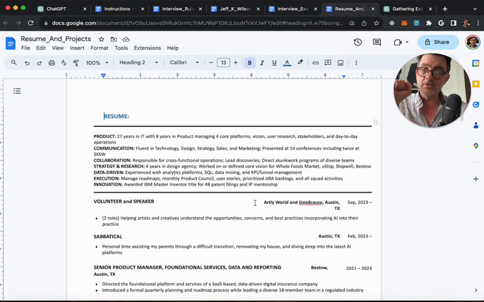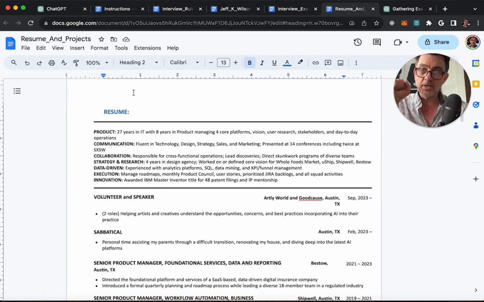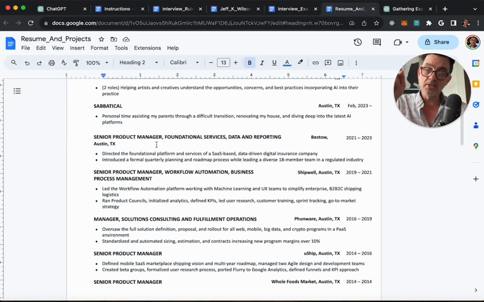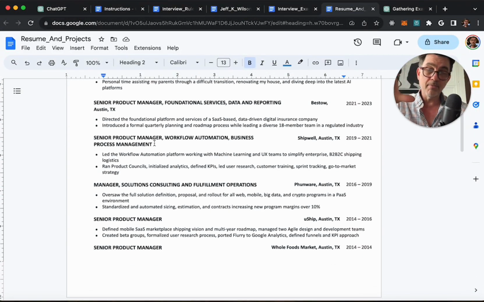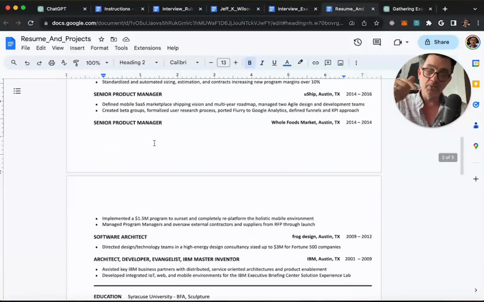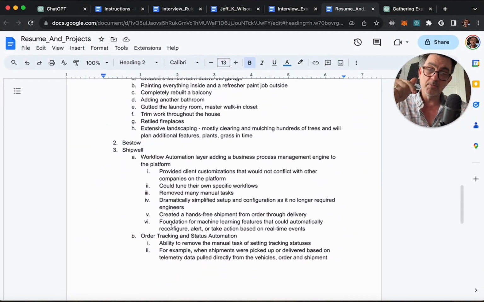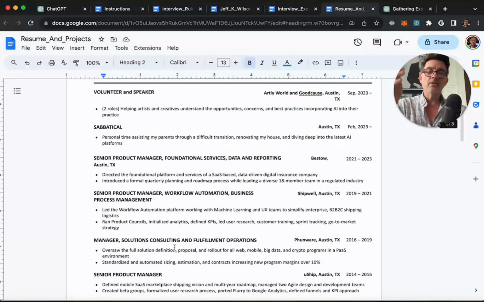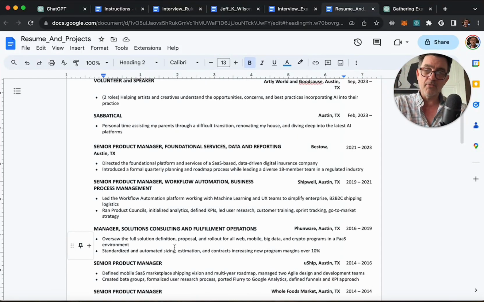This other section here, as I mentioned, is my resume and projects. So this is detailing specifically where I've worked. Originally, I had this just as my resume, and it was pulling my projects from my answers. The better approach, which is where I'm at right now, is breaking out specific projects that I've worked on given roles. Right, so now imagine here that not only does it describe that I've worked at these different places or I've had these different roles, but now I have a handful of projects that I've called out in each of those